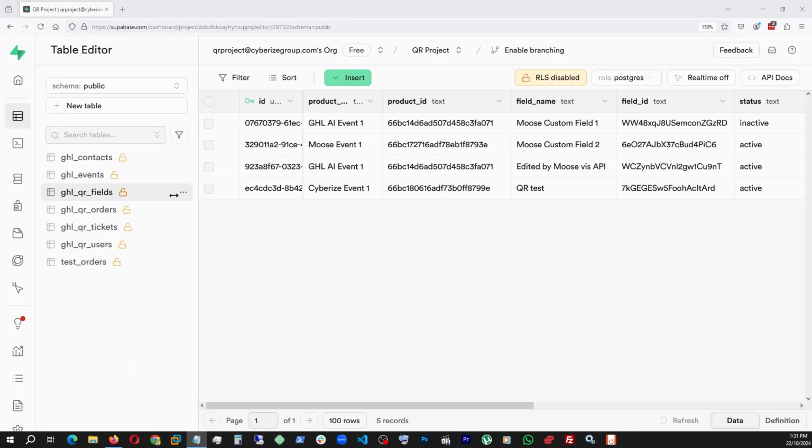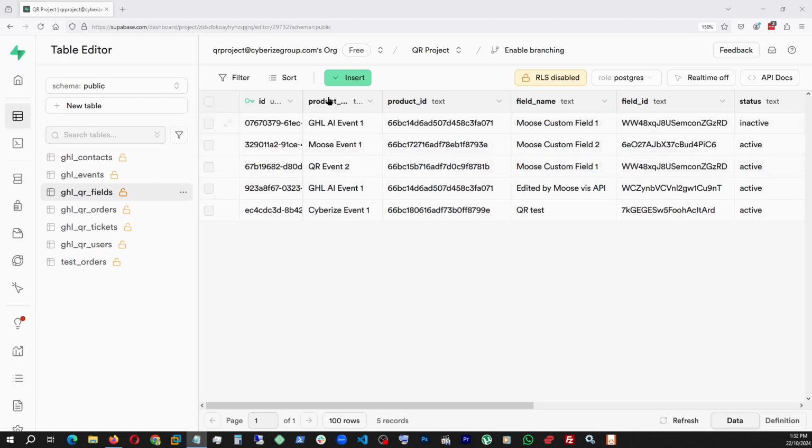So what we are doing is we have a table here, QR fields, and here we are attaching the event's product ID, which is the event ID, with our custom fields, with their custom field IDs. One specific thing with another specific thing, now they're attached. And I have the algorithm set up in such a way that you cannot use the same custom field with multiple events, because what's going to happen is